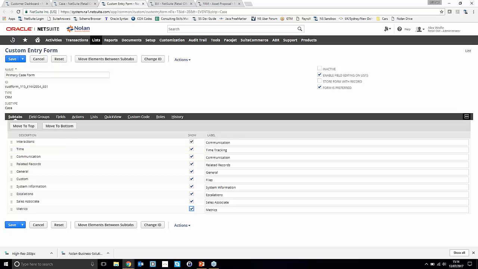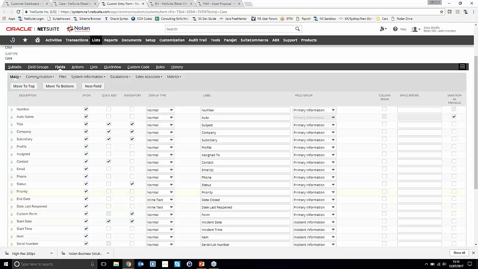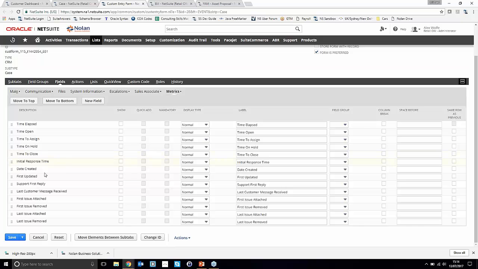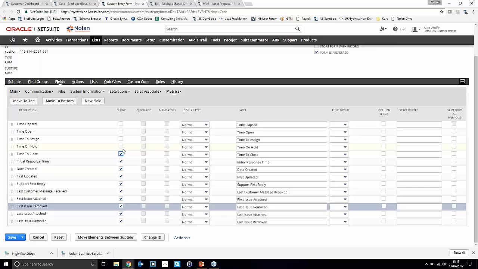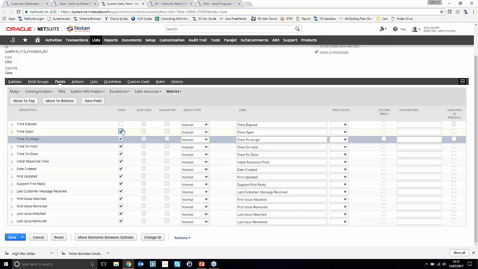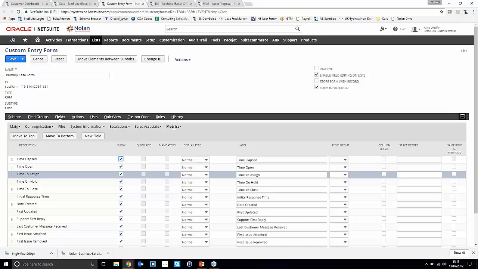What we also need to do is nominate the fields, and we need to hover over to the subtab of a subtab for metrics, and then this will give us all our metric options. So you can see that we've got loads in here, time elapsed to time closed, initial response times, things like that. And just to add them all, so we can get a perspective of what's on there, we can just tick them all. So it's dead simple. Just going to one screen, the form screen, we can activate all the metrics on this particular case record. If we just save that down,